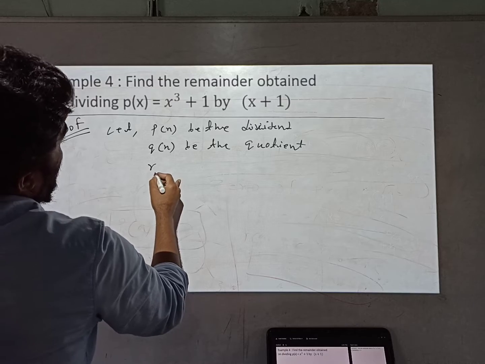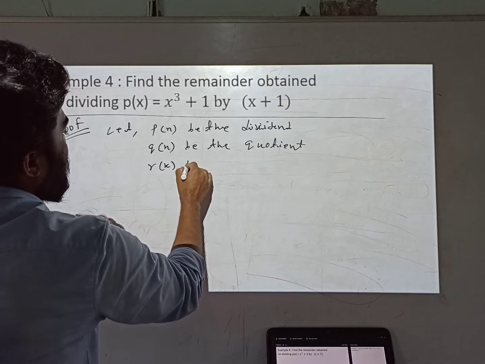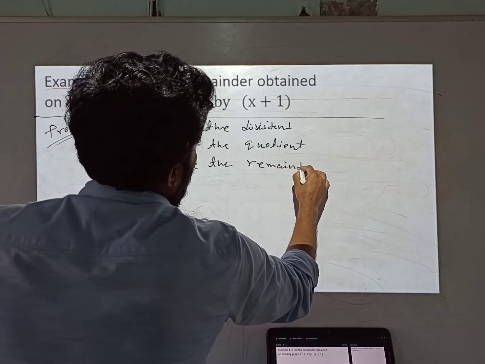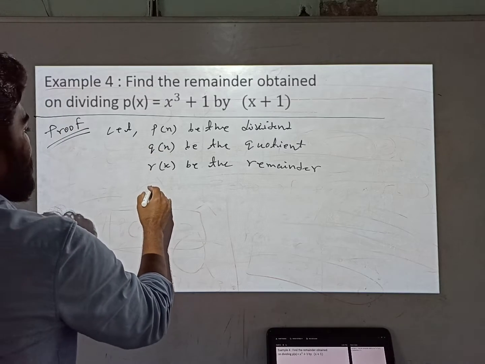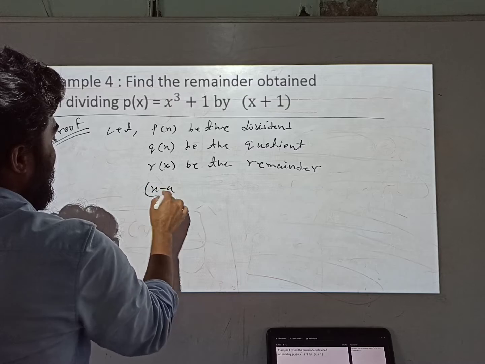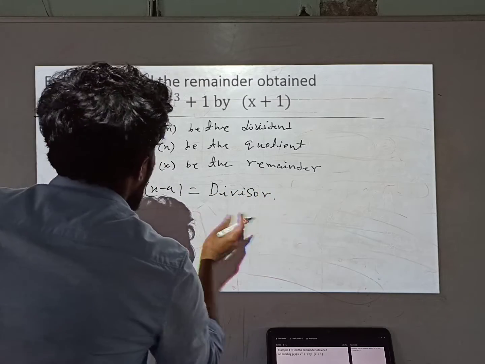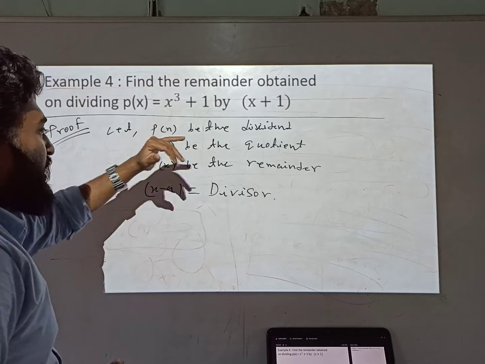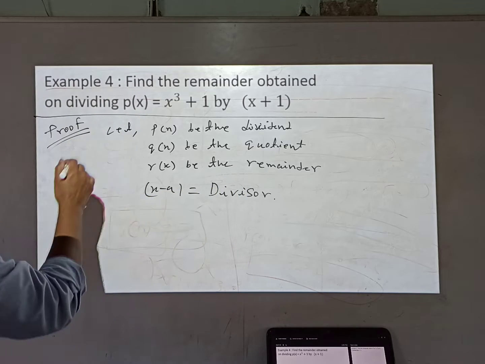After that, let r(x) be the remainder. Okay, and one more thing is there, that is let x minus a equals to divisor. Okay, let x minus a be the divisor. Okay, so p(x) डिविडेंड है, q(x) क्वोशंट है, r(x) रिमाइंडर है, x minus a डिवाइजर है।